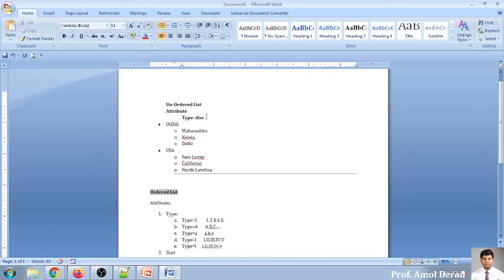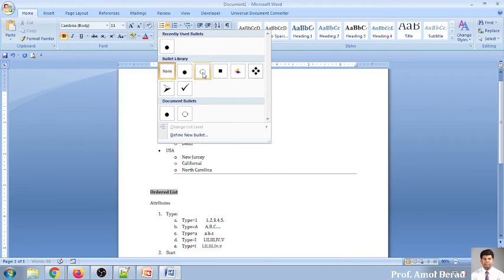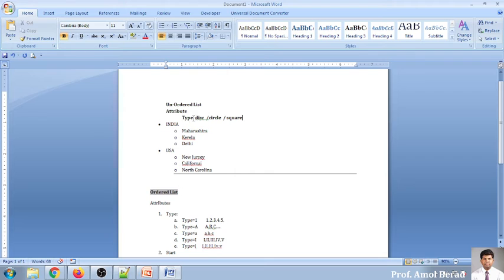Or you can give the word circle, or you can give the keyword square, just like here. You see the disk, circle, and square. These 3 things are available in your Word file itself. The same can be used here. These are the only 3 values you can assign.